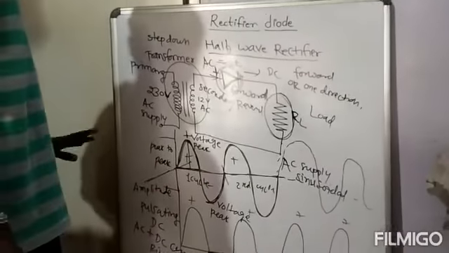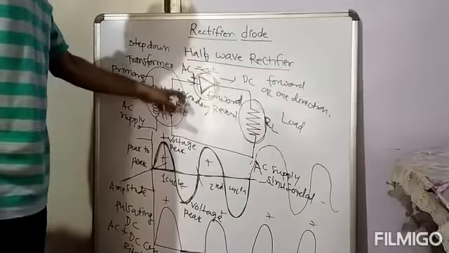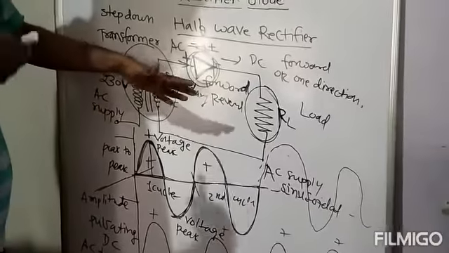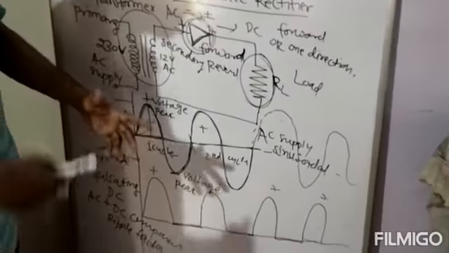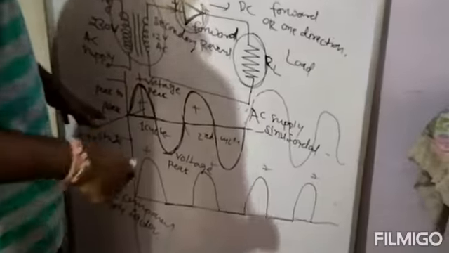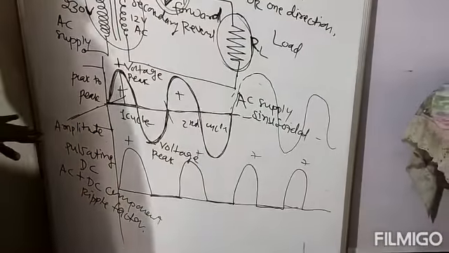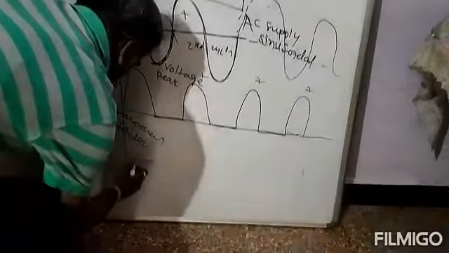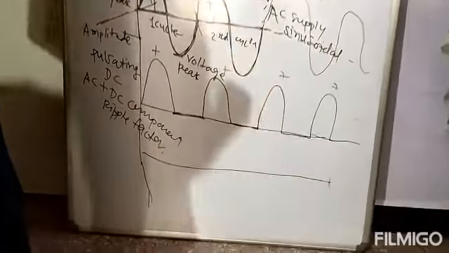So this is a pure AC supply. We are providing this supply to a diode. Whenever the diode is in forward direction, it conducts. Whenever the diode is in reverse direction, it will not conduct. It will act as an open circuit. So whenever we see this waveform, it is not a pure AC waveform. It is a pulsating DC waveform. Now, how to get a pure DC? This is a pure DC, the straight line. So it is a pure DC.